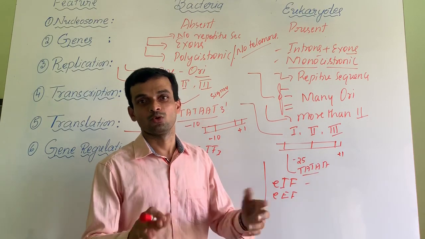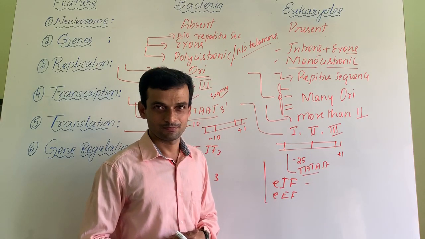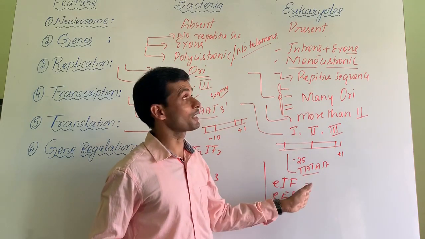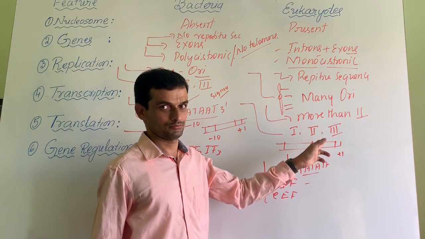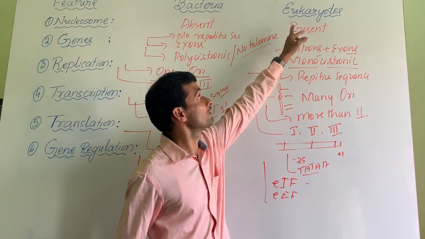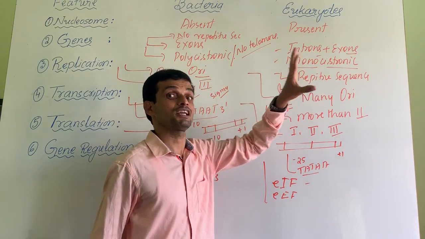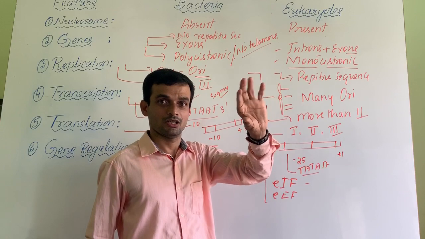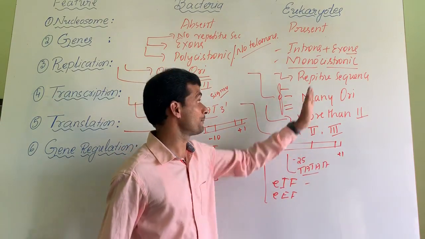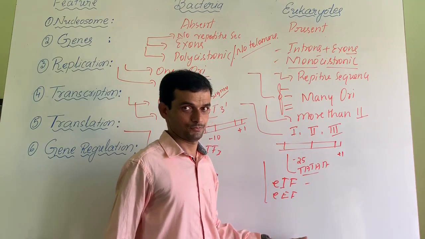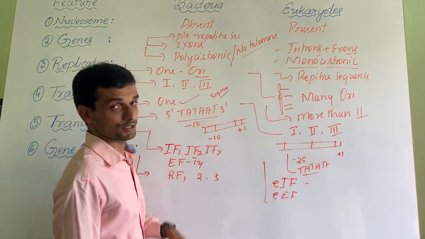If there is transcription but no processing, you can't use this mRNA for the translation process. So the regulation mechanism is more complicated. At molecular level, even methylation appears to be an important regulation in eukaryotes. That is suppression of transcription. Methylated DNA: cytosine or guanine can be methylated. So gene expression can also be controlled by a mechanism called methylation here. So gene regulation is more complicated in eukaryotes than prokaryotes.